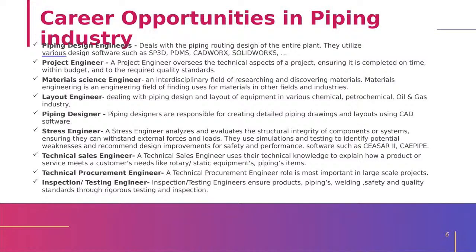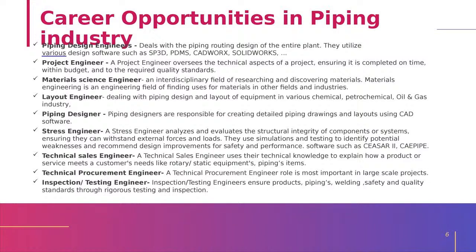Next one is project engineer. That one we will discuss later. The third one is material science engineer. It is also a part of the piping field. He will be an experienced person with knowledge in material science. His role is at the early stage of the project, focusing on material selection along with the process engineers. If there are special chemicals other than standard fluids, what kind of material we can go with, everything will be decided by the material science engineer as per the codes and standards.